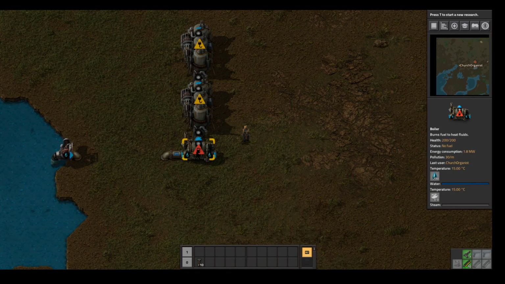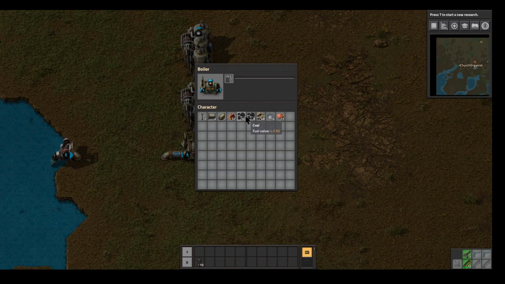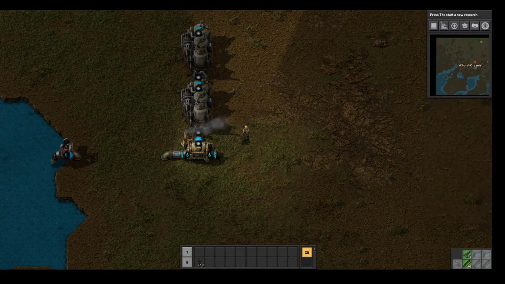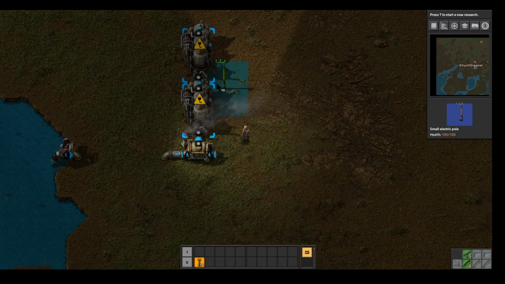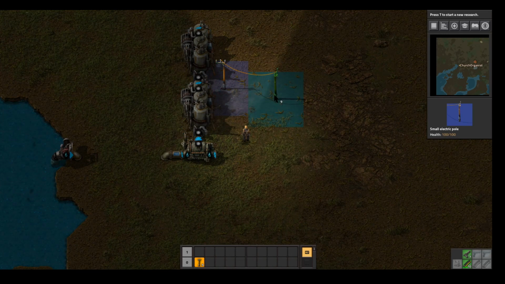So if we put some coal into the boiler, it will start to make steam. And then if we put a power pole in there,